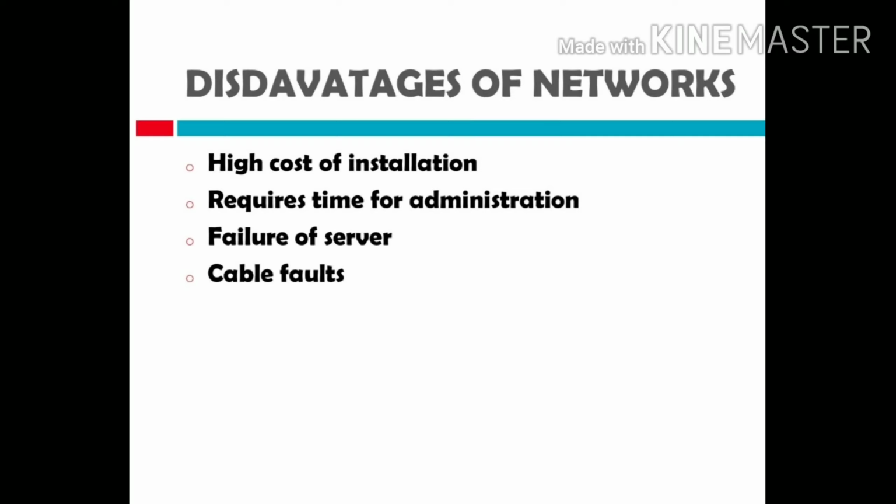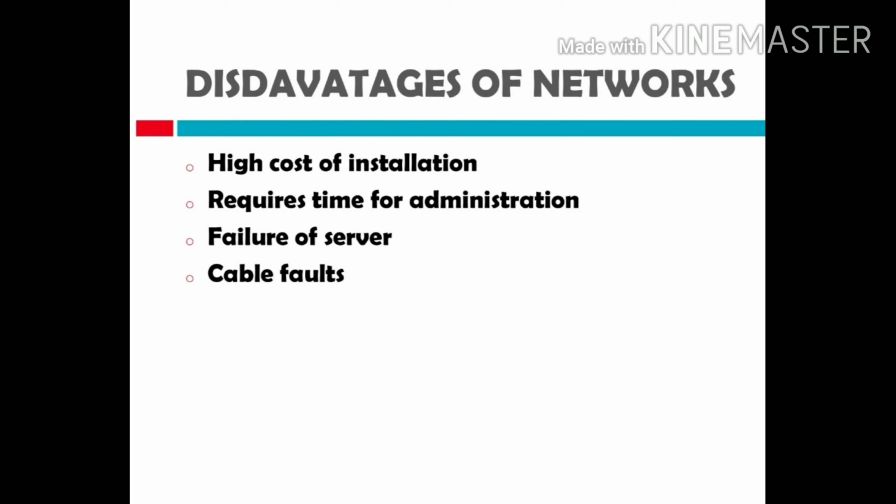Third is the failure of server. I just used the term server, and I just used the term workstation. What is that? Server and workstation is the one system. You can take an example of our lab. In our lab, one system is centralized, used as a server, which is connected to all the rest. That particular system is known as your server, or you can say a workstation, and all the rest of the systems are known as your clients. So sometimes it happens that your server fails.